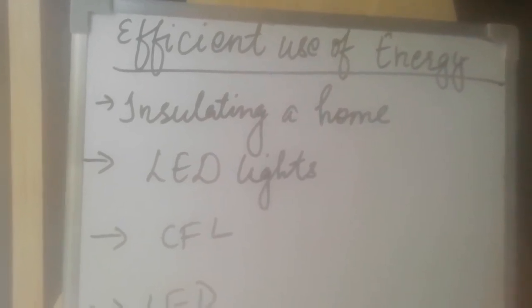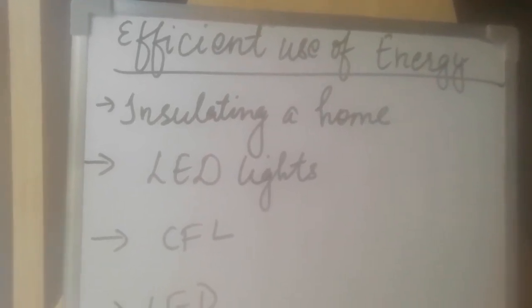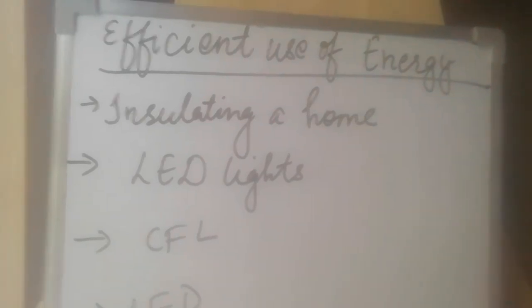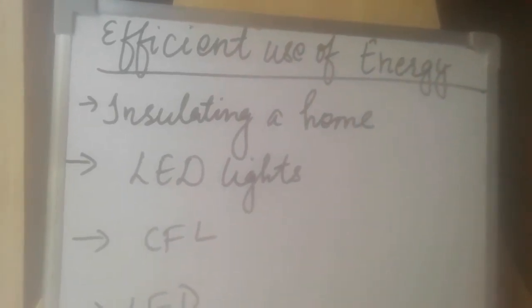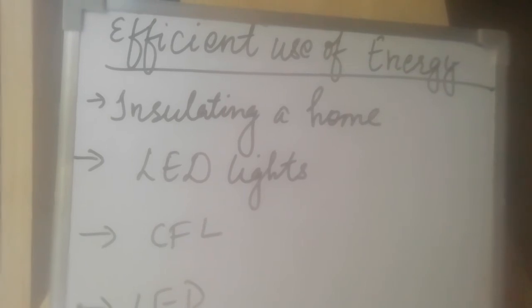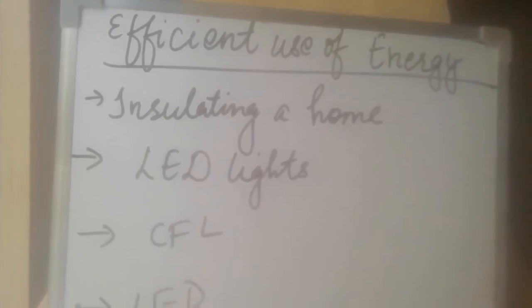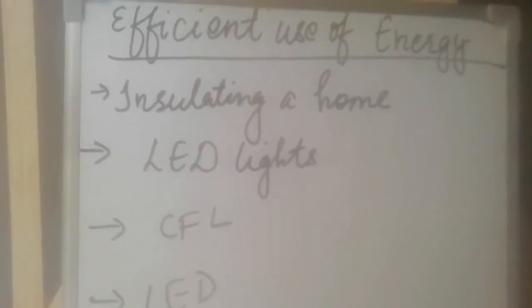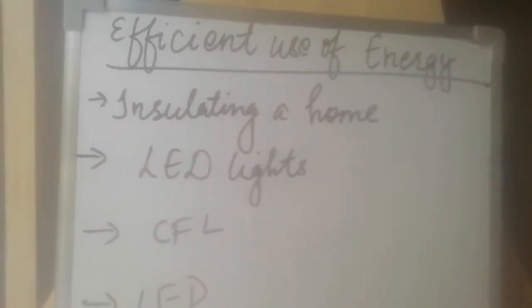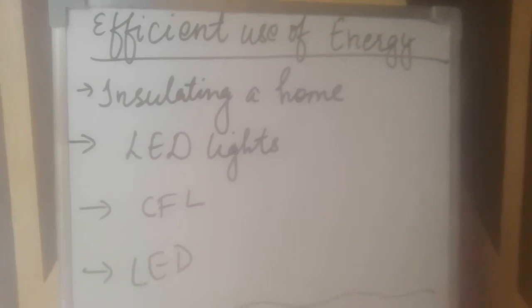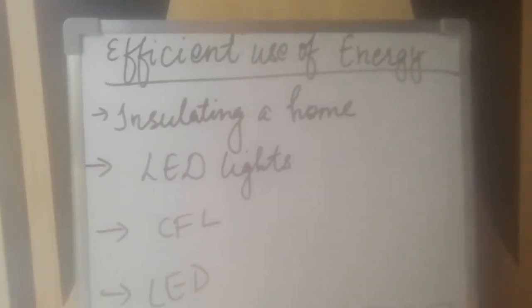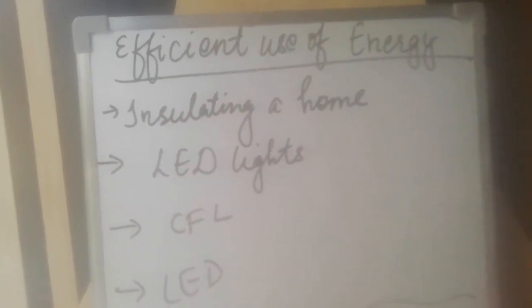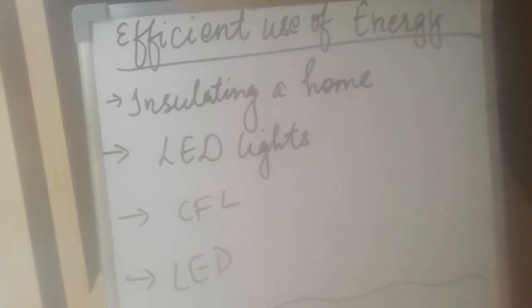Likewise, when we have cars, scooters, bikes, we can use a good quality of engine. Fuel efficiency in vehicles can be increased by reducing the weight of the vehicle, using advanced tires and computer controlled engines. Okay, children, these are the different ways by which we can use energy efficiently, and this type of question also comes in the exam: write 3 ways by which we can use energy efficiently. So you can learn any 5 or 6 points out of these 8 points.